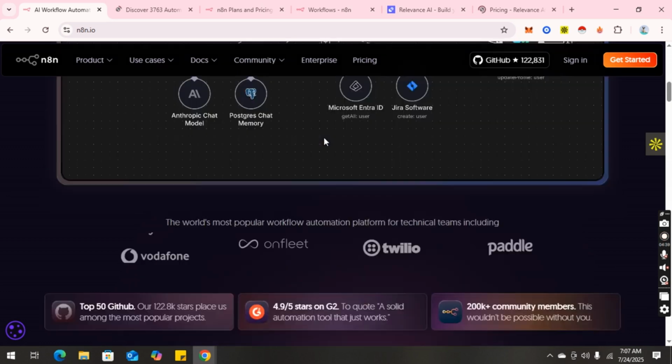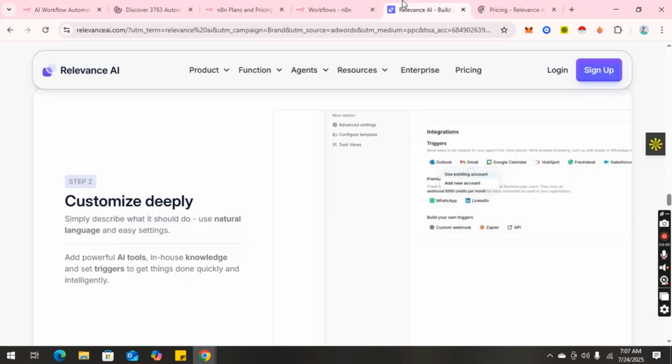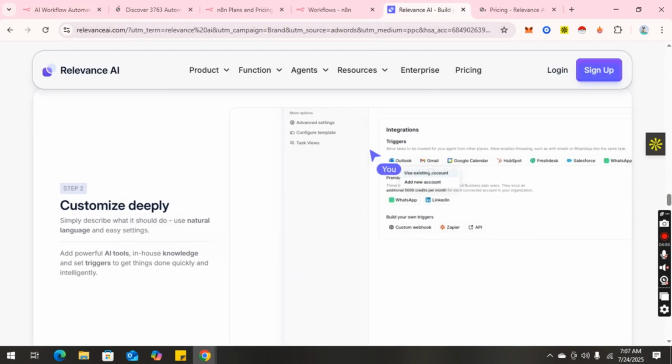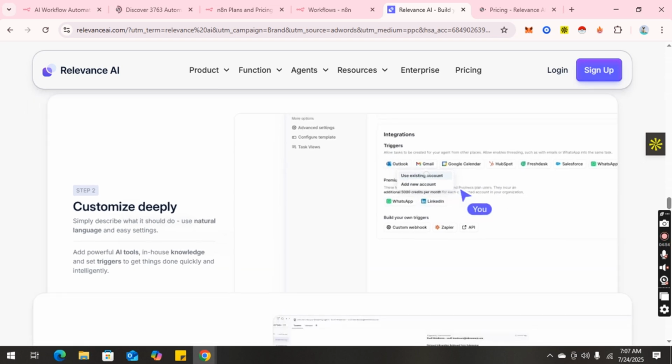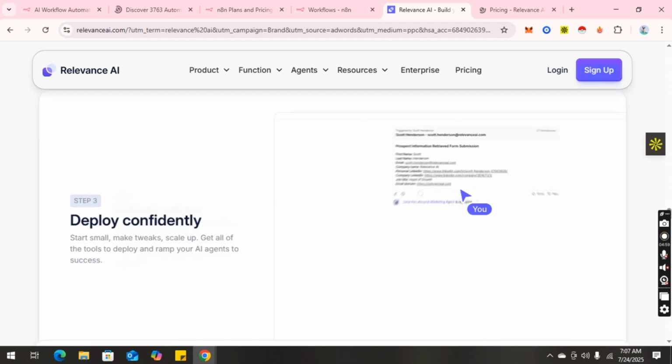But then, what if you want to understand how users behave after onboarding, cluster them by behavior patterns, or run sentiment analysis on their feedback? That's where Relevance AI shines.